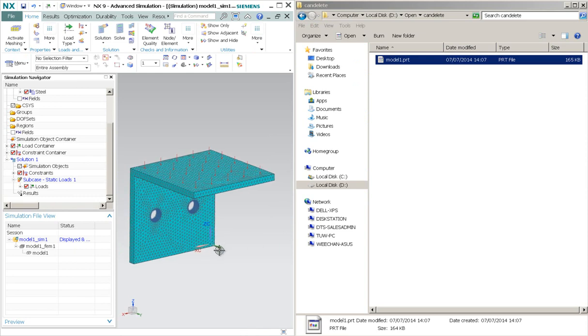So now the analysis is fully defined with all the necessary entities, for example, the mesh, the material, the boundary conditions, and the loading conditions. So this analysis setup is already complete. However, if you anticipate a restart analysis might be necessary in the future, you can always